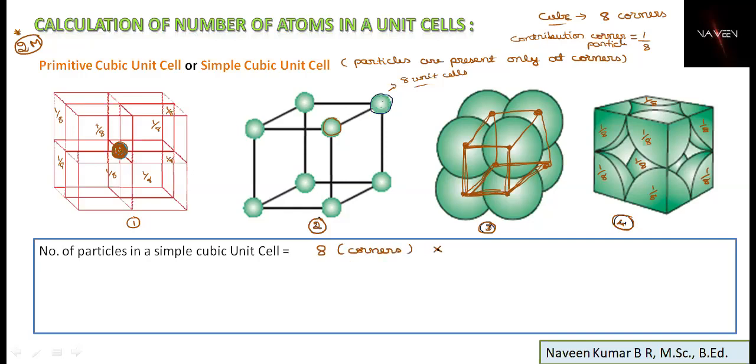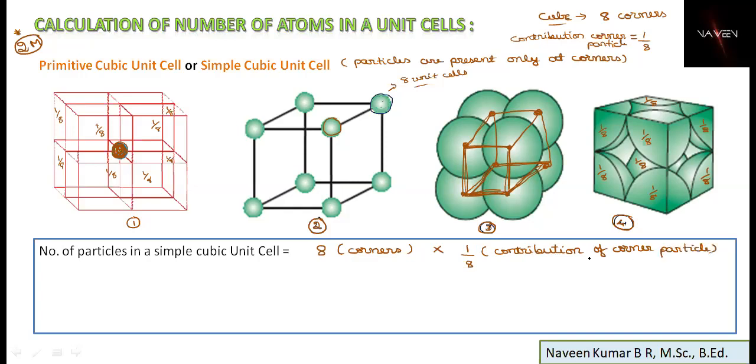Now whatever calculations you show in the particle calculation, you need to write both the number and its significance, the information about the number, in brackets. Within the bracket you need to mention what its information is. Now 8 are the corners for a simple cubic system, and the contribution of that corner particle has to be multiplied for it. Each corner particle will contribute 1 by 8 of its portion to the unit cell. So 1 by 8 is the contribution of a corner particle.